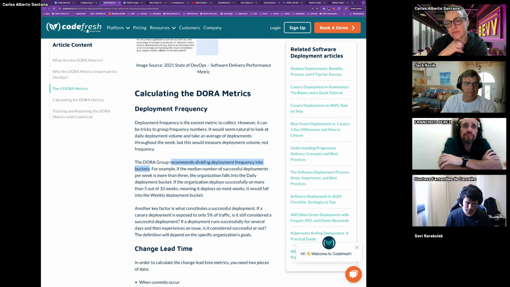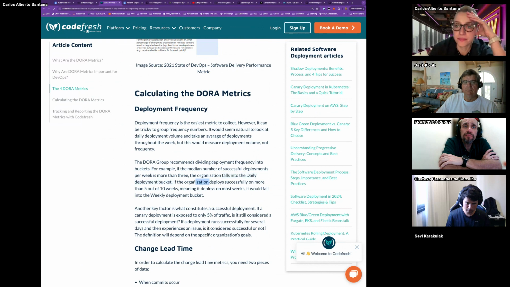So you don't have to be in absolutes. If somebody does a survey and asks you, does your company deploy daily? You might answer, no, we don't deploy every day. Well, don't measure it like that. Measure in buckets. It says if you deploy more than 3 times a week, then you can say you're doing daily deployments. You fall into that bucket.